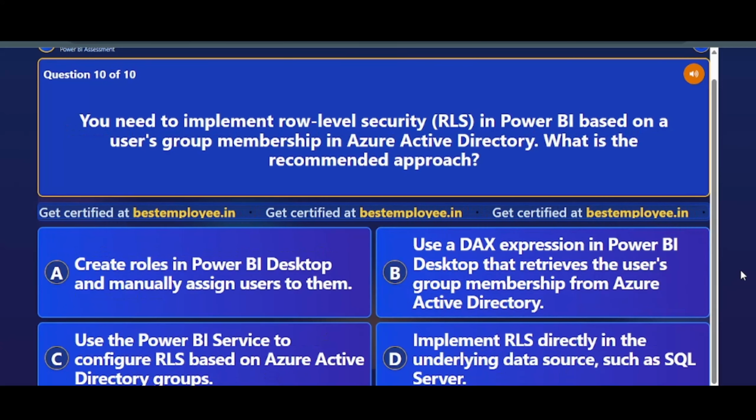You need to implement row-level security, RLS, in Power BI based on a user's group membership in Azure Active Directory. What is the recommended approach? Option A, create roles in Power BI Desktop and manually assign users to them. Option B, use a DAX expression in Power BI Desktop that retrieves the user's group membership from Azure Active Directory. Option C, use the Power BI service to configure RLS-based